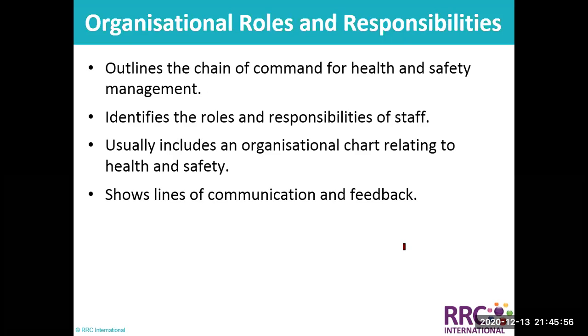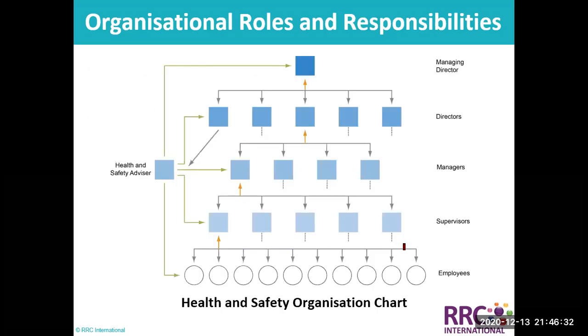Now, looking at organizational role and responsibility, it outlines the chain of command for the health and safety management system. We were looking at the 3 parts of a health and safety management policy. Okay, health and safety policy. Then it identifies the roles and responsibility of staff. It usually includes an organizational chart relating to health and safety, showing the line of communication and feedback. Who is reporting to who and all that. This is a typical example of such